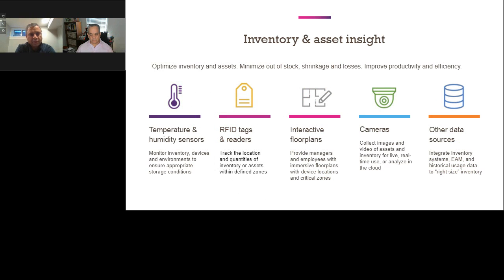So for example, let's talk about inventory and asset insight. Today, if you're looking in a healthcare facility, a very simple problem, right, is losing your wheelchairs. I've seen in hospitals that sometimes you can't find a wheelchair and the patient is waiting in a certain location because there's no way to transport that patient. Now think about this: if we were to have RFID tags and readers connected on those wheelchairs, whether you look at an RFID tag, Bluetooth sensor, or other RTLS devices, you can actually really track your asset.